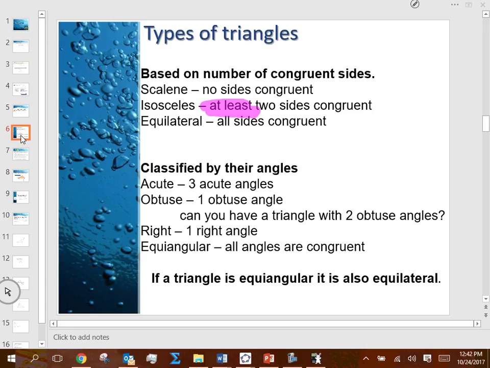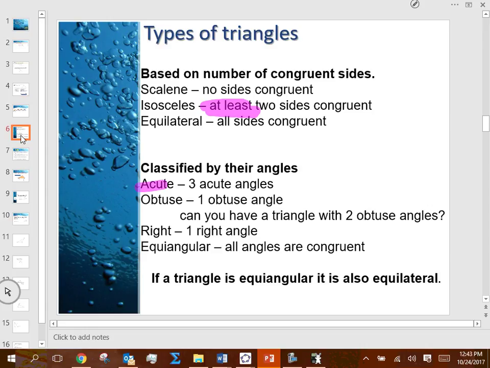Okay? But equilateral is isosceles, but is every isosceles triangle equilateral? No, because if I have just 2 sides congruent, it's not equilateral. It's still isosceles, but it's not equilateral. It's the idea, we've heard this before: is a square a rectangle, or a rectangle a square, right? Same thing happens with isosceles and equilateral triangles. Is equilateral isosceles? You betcha, every time, right? But is isosceles equilateral? No, not 100% of the time, unless that isosceles triangle for some reason has 3 congruent sides. Okay,